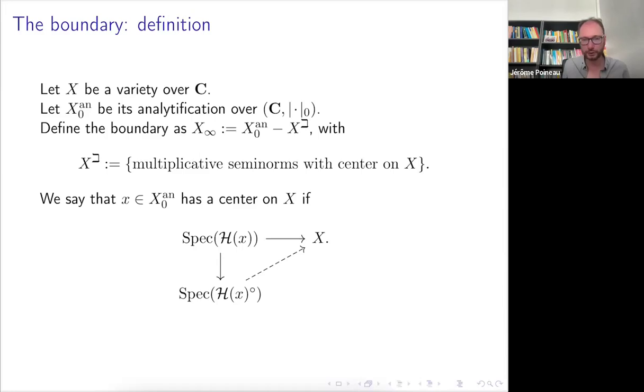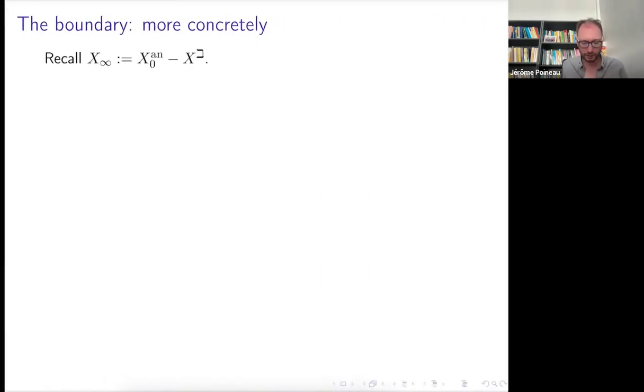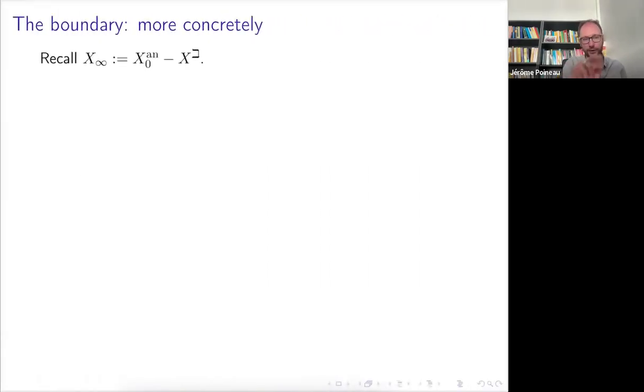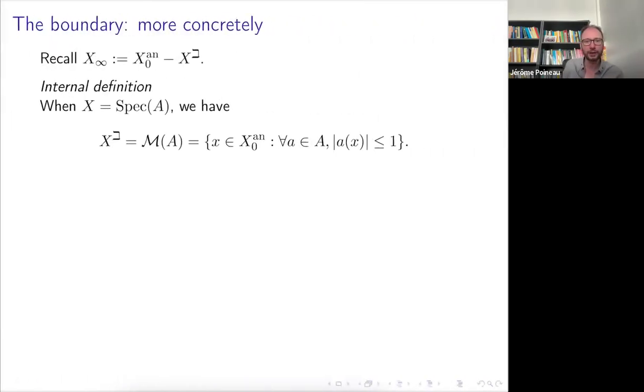So let me do it in more concrete terms, maybe. It works like this. So yeah, all the valuations minus those that have a center. So the so-called internal definition would be this. If X is Spec of A, so some affine scheme, I can give you the characterization of this X-bet, the points with a center, as M of A, meaning you take all the points where all the elements of A have absolute value less than or equal to 1.